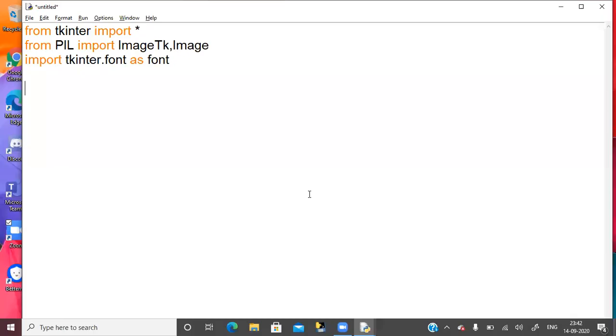Hello friends, today we'll learn how to add images on a tkinter window. इसके लिए हमारे को यहाँ पे एक एक्स्ट्रा लाइब्रेरी इंपोर्ट करनी है, इमेज tk image. ठीक है,